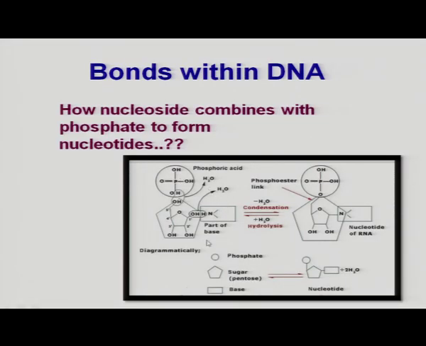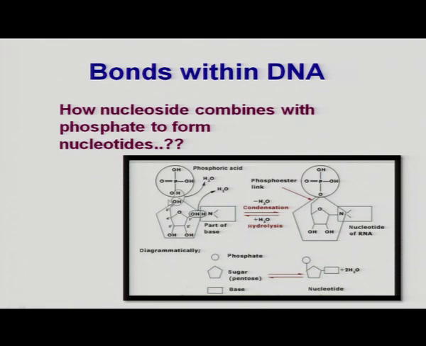Here you can see how the nucleosides combine with the phosphate molecule to form a nucleotide. This you already know, the sugar plus the nitrogenous base is the nucleoside, and this nucleoside will combine with phosphoric acid. Here you can see the hydrogen of the phosphoric acid and the alcohol of the 5th carbon will interact with each other and form a water molecule. The water molecule will be released and the remaining phosphoric part will combine at the 5th carbon to form one nucleotide,